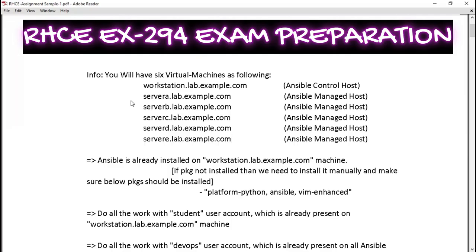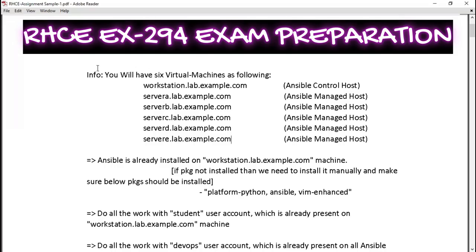So give some time to read the instructions, because that is very helpful to understand the number of systems you have, what the IP addresses are, what usernames are already there, and what packages are already installed. If you need to create a yum repository, the base URL you need to use is also mentioned in the instructions. So the instructions are very informative. Go through them for 10 to 15 minutes in the initial period of your examination, and once you understand all the instructions, you can start your exam.